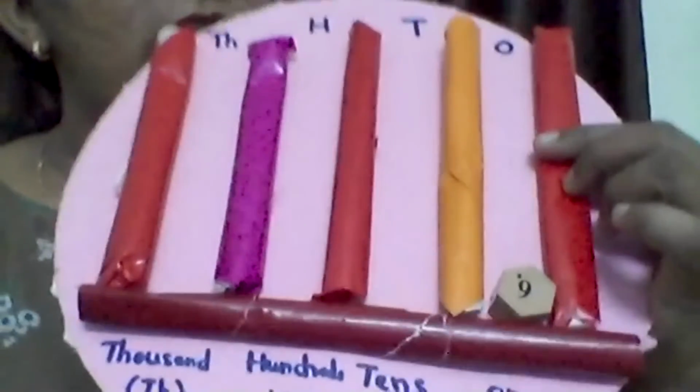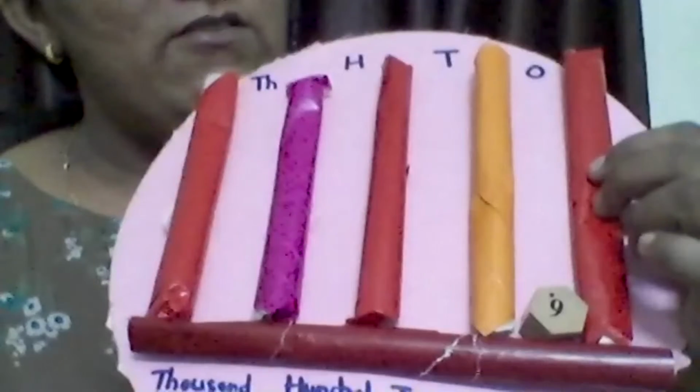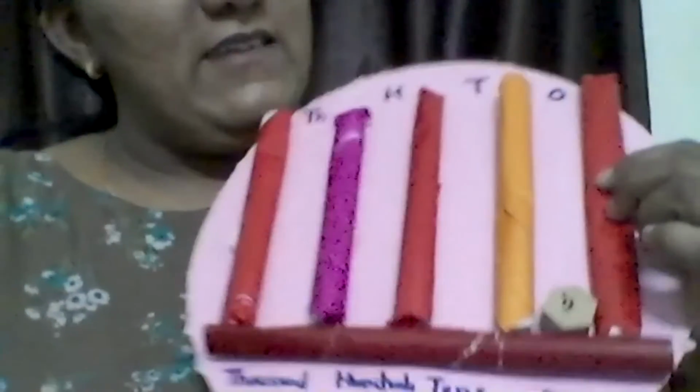Again, if here it is 9, do we have to put any 0 ahead? No, ma'am. Why? Because it is in the ones place, the units place. So there is no need to add any 0 over here. So in this way, we'll come to know about even and odd numbers and the place value of different digits in different numbers. Okay, that's it, ma'am. Thank you.